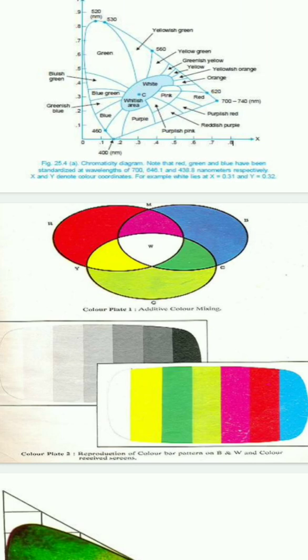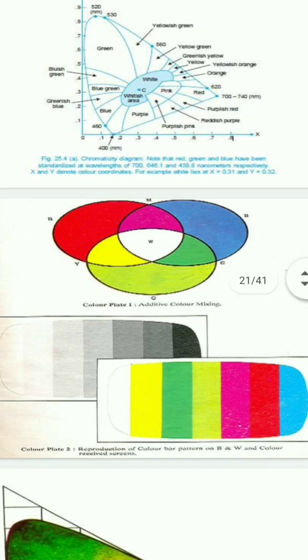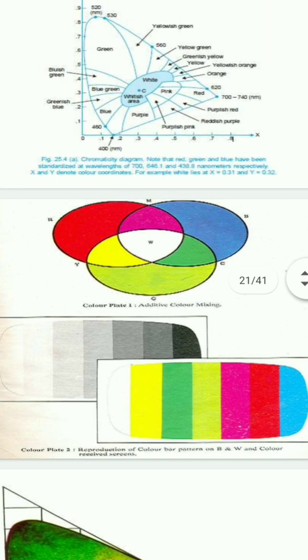And as the central area of the triangular curve is approached, the color becomes desaturated, which represents the mixing of colors to give white light. So if we are using the chromaticity diagram, we can determine the result of the additive mixing of any two or more colors by geometric construction. And the color diagram contains all the colors of equal brightness.